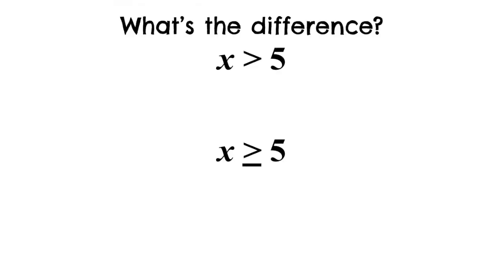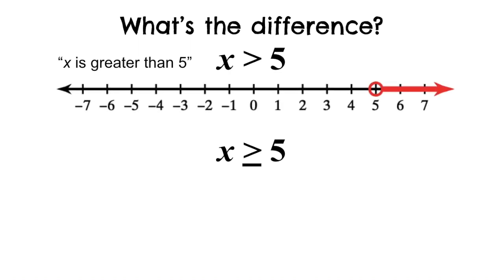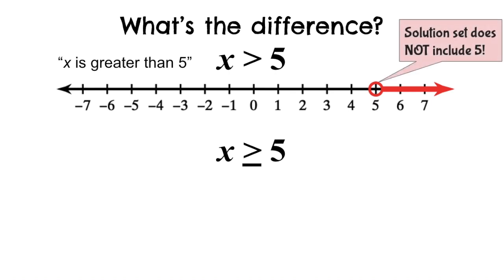So what's the difference between the top statement and the bottom statement? The top statement is x is greater than 5. And this is what it looks like on a number line. All numbers that are greater than 5 are going to be to the right of 5. Notice here that 5 is not included in the solution set, hence why it has an open circle. It's circling 5 to show that this is where my solutions start. But 5 isn't greater than 5. 5 is equal to 5,